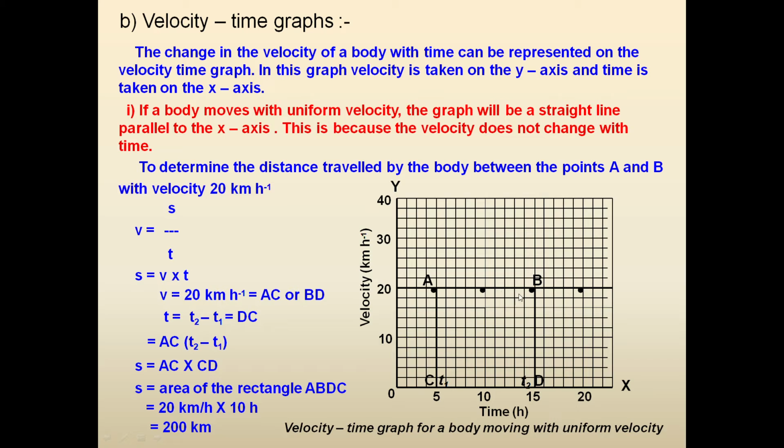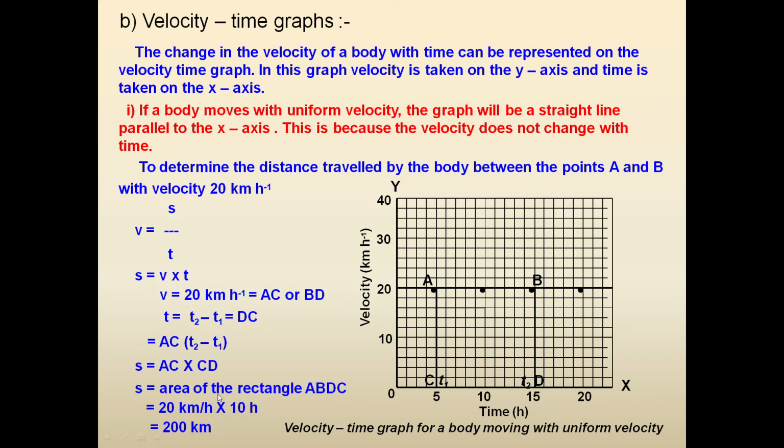So this is AB, that's a graph line. The area under the graph, you can see this is the area under the graph. Now see the arrow that I am moving, that's the area under the graph. So what is its shape? Its shape is like that of a rectangle. So actually we will be calculating the area of rectangle ABDC. So we'll calculate the area and that will tell us the distance traveled.